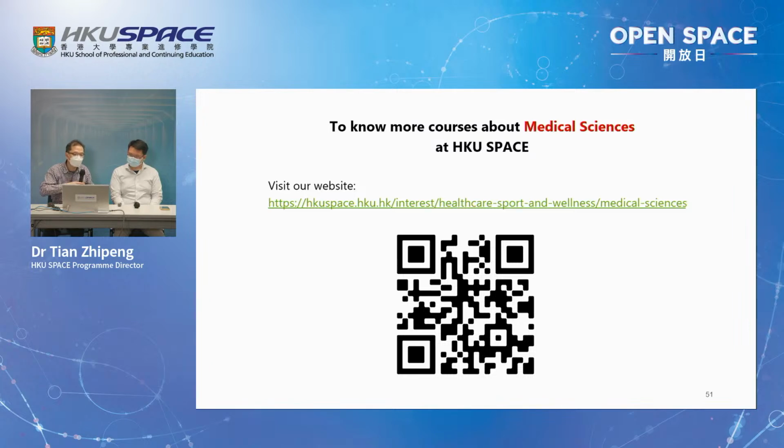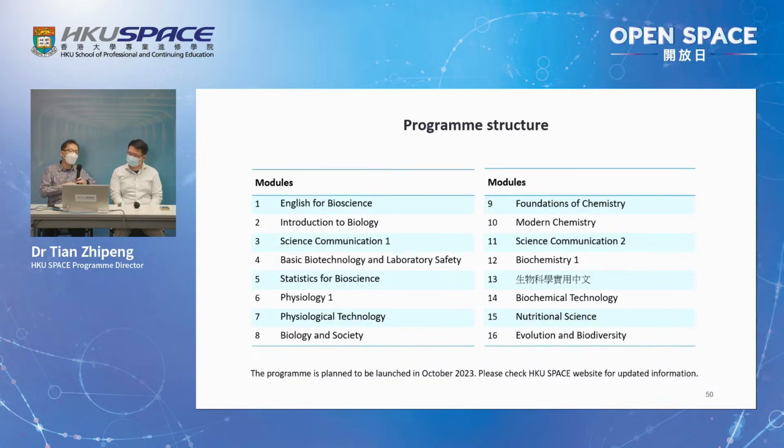So basically, that's this new program, the Advanced Diploma in Bioscience. As I said, this program is equivalent to probably the first year of a degree program. We also have a plan to develop another new program, maybe equivalent to year 2 of the degree program. So later, after we launch the second new program, even if you have no biology or chemistry background, you can take this advanced diploma, accumulate enough knowledge, then you probably have the chance to go to a top-up degree. So you complete everything studying part-time.